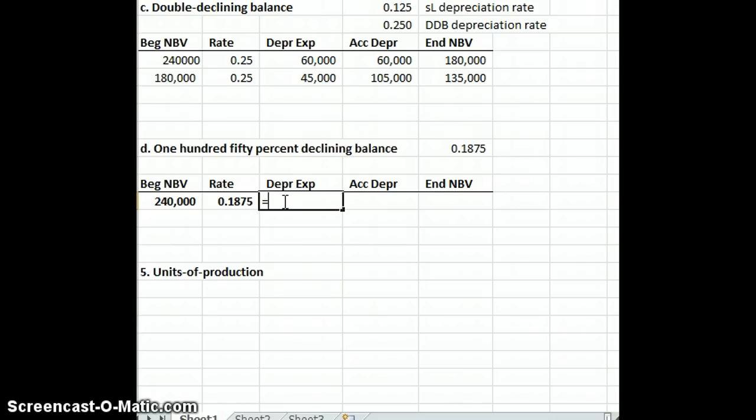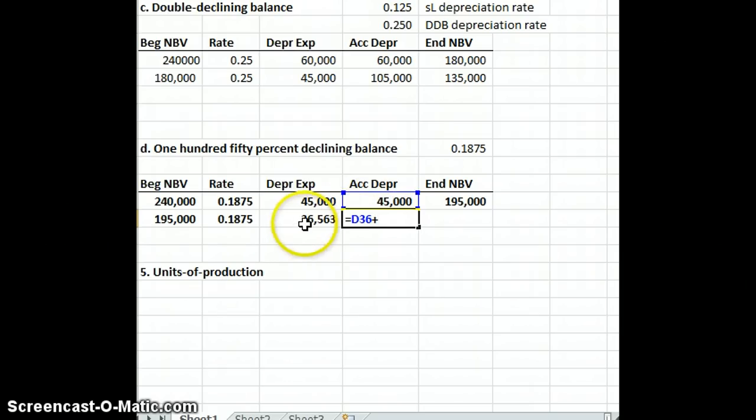And then we do the exact same calculations that we did above. So our beginning net book value times our rate, which is going to be 45,000, and our accumulated depreciation is 45,000. Our ending net book value is going to be 240,000 minus our accumulated depreciation of 45,000, or 195,000. So we start off year 2 with 195,000. We're going to be using our rate of 18.75%. Our depreciation expense is going to be equal to 36,563. So our beginning net book value times our rate gives us our depreciation expense for the year. Our accumulated depreciation is going to start with our 45,000 plus this year's depreciation expense of 36,563, and then our ending net book value, again we can calculate that two ways, is going to be